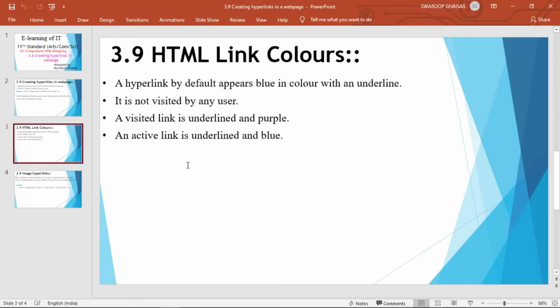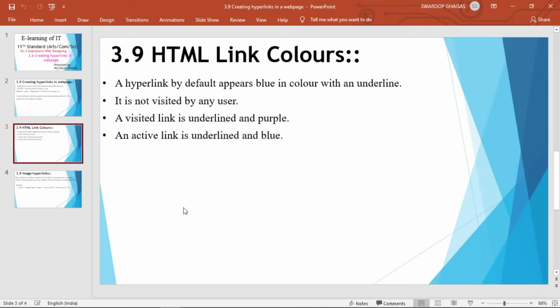Now the next point is HTML link colors. Once you search for certain points on the net, you will get different colors for different links. A hyperlink by default appears in blue color with an underline.